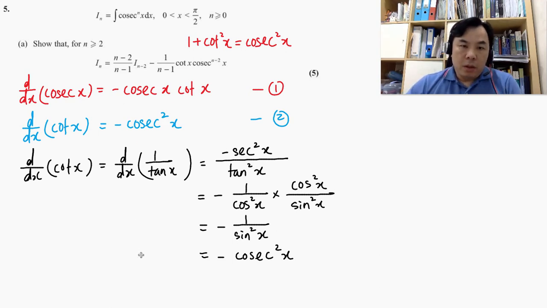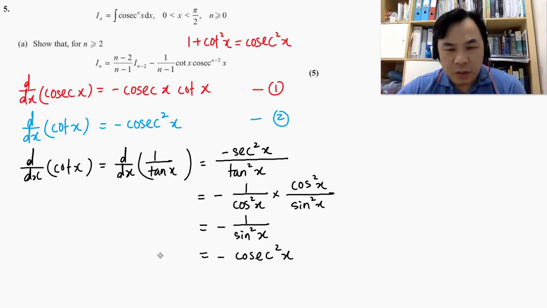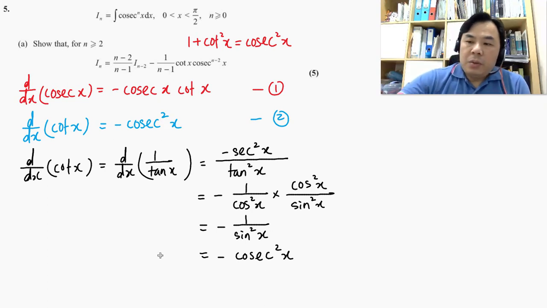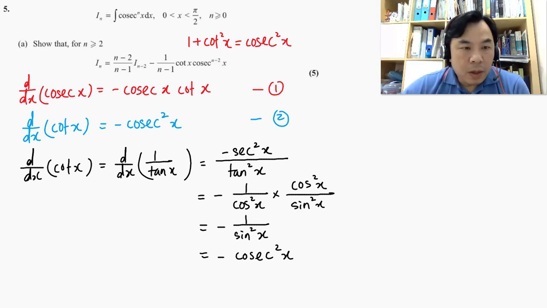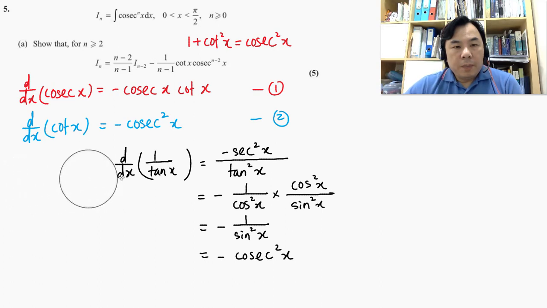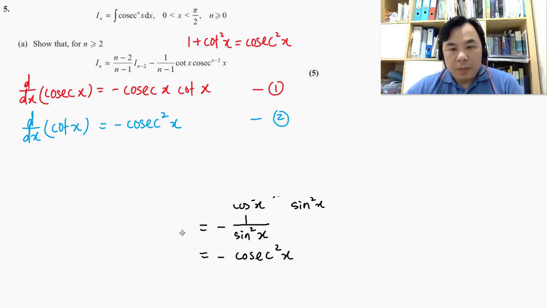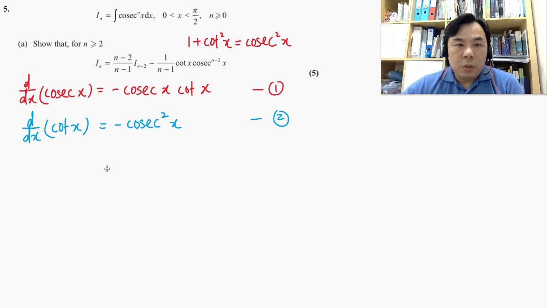I'm going to pause there for you to revise a bit on your differentiation. Basically, you can get this result from your data booklet, right? All right. So if you are happy with this, now we are going to get ready with the reduction formula. So these are the two results that we need to make use of, and then don't forget the I